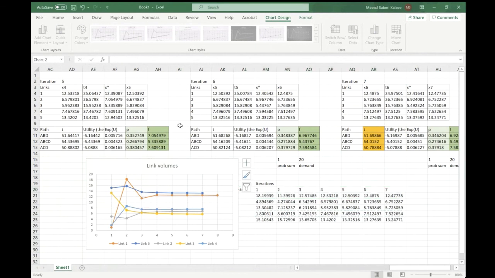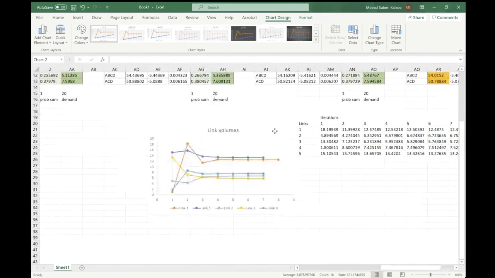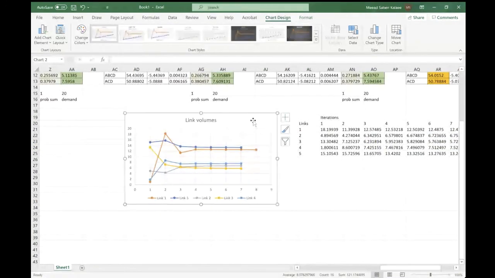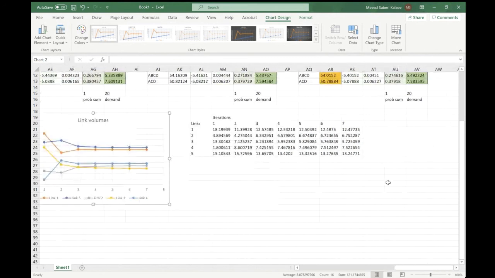So I have all my links, and I'm looking at how link volumes are changing over iterations. Okay, sorry, this is it. So you can see from iteration 1 to iteration 2 there is a bit of fluctuation. From iteration 2 to iteration 3, there's still a bit of change. But from iteration 3 forward, things are starting to stabilize. So to be honest, one could say, I'm happy with this. I can consider this a convergence,